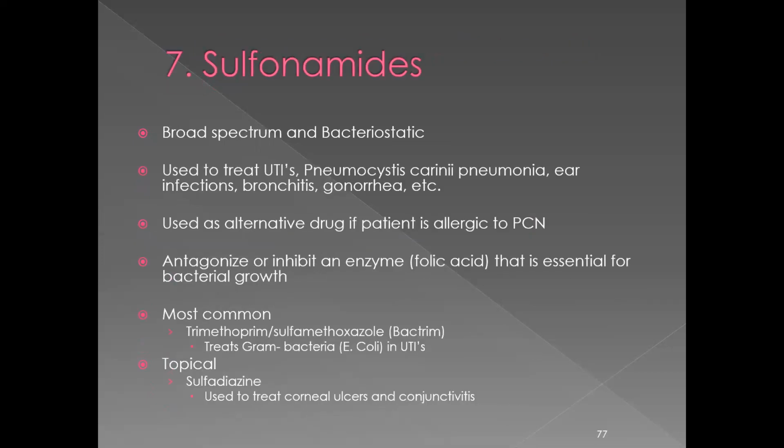Number 7, sulfonamides. This one is a broad spectrum and bacteriostatic. It's used to treat UTIs, Pneumocystis carinii pneumonia, ear infections, bronchitis, gonorrhea. Used as an alternative drug if the patient is allergic to penicillin. It inhibits an enzyme, folic acid to be specific, that is essential for bacterial growth. Most commonly,